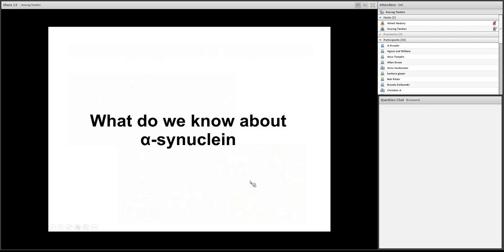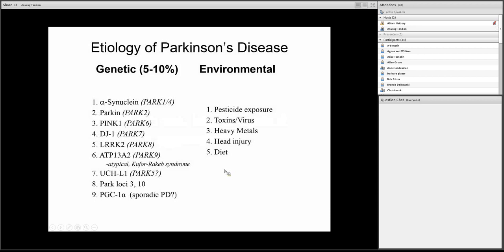So what do we know about alpha-synuclein? This is a protein that my lab has been working on for many years, and we're really interested in this. Our focus has, for the most part, been to try and understand what alpha-synuclein does under normal conditions. The reason